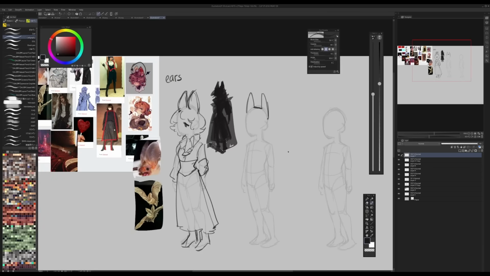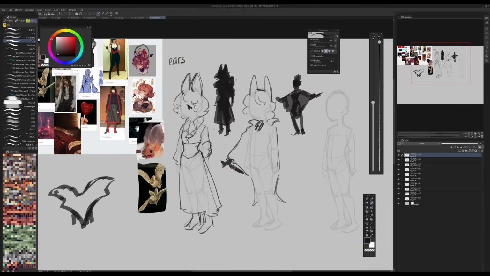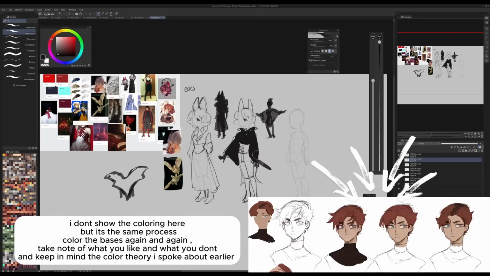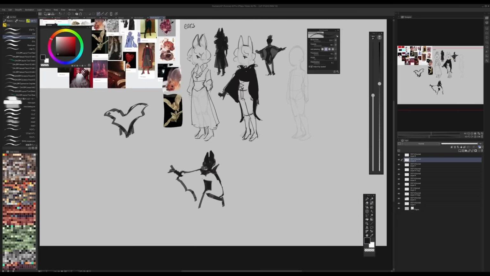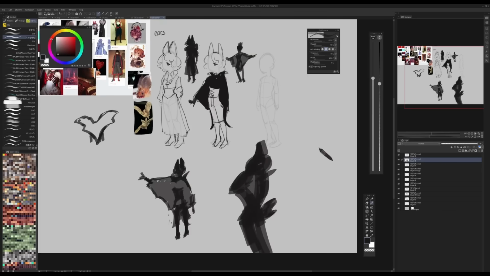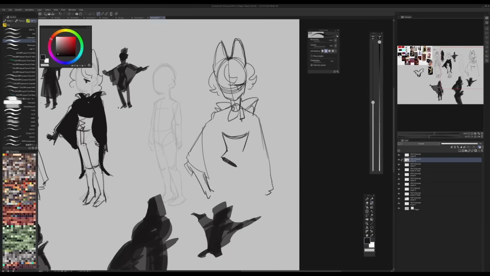And at first I add everything I like, which might look very messy. And then as I go, I remove what feels right and what doesn't. Sometimes I think that I really like this and then I add it. And then I realize I don't, so I keep playing around until something sticks. Keep adding and testing around with the silhouette as you process. So do this at the same time, keep it very messy, sketchy.